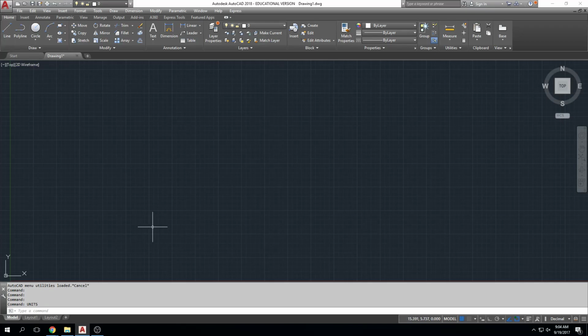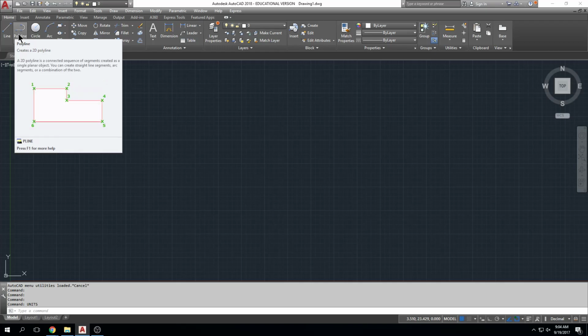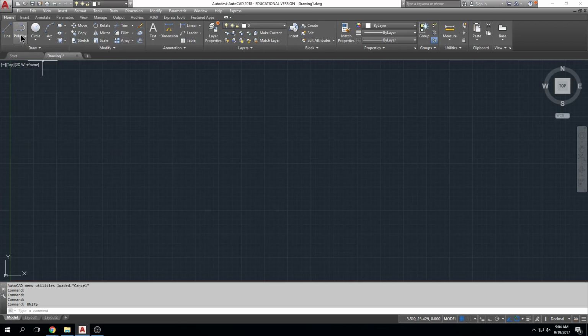So to create this first segment, I'm going to click on line or polyline. You can use either one. Polyline is nice because you get one continuous line when you draw your site plan. I'm going to click on polyline. I'm going to click to start, and I'm going to type that string of text at